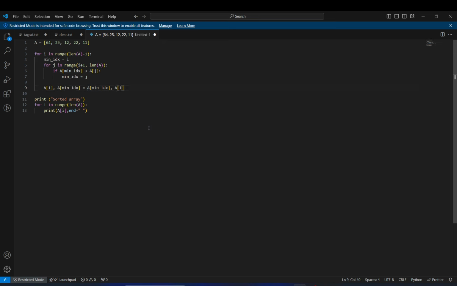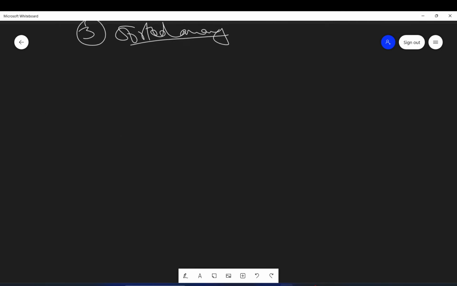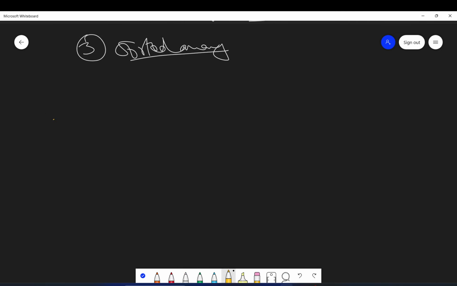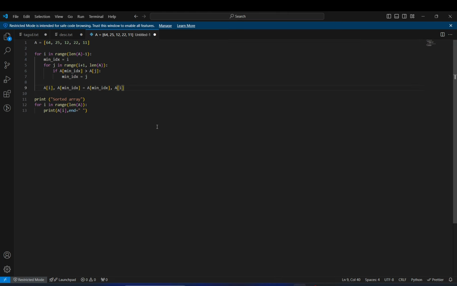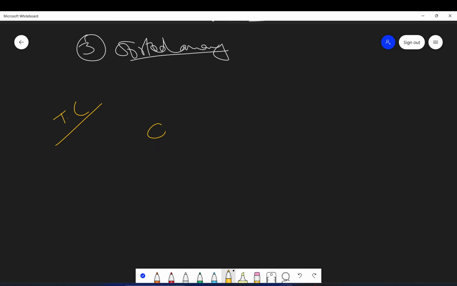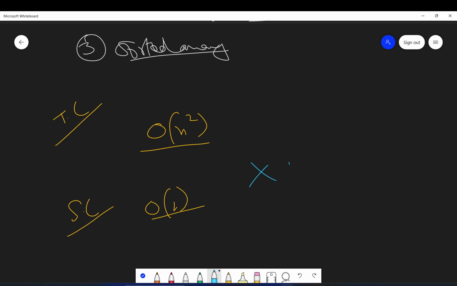I hope you understood this problem, this algorithm and the time complexity. Let's discuss that. So if you see here, we have two nested loops, right? We have two nested loops and the inner loop is dependent on the outer loop variable, which is I. So this is a nested loop. So we have O of n square as the time complexity and space complexity is constant. Why constant? Because we have not used any external data structure like arrays or hash map. We just basically used variables. So that's why the space is constant.